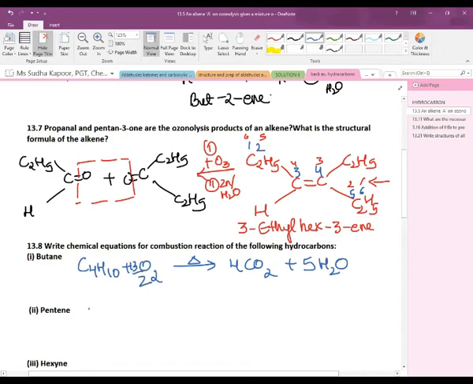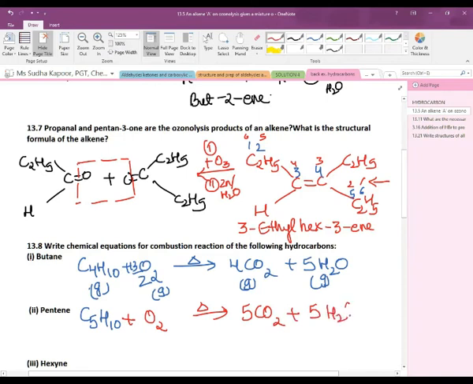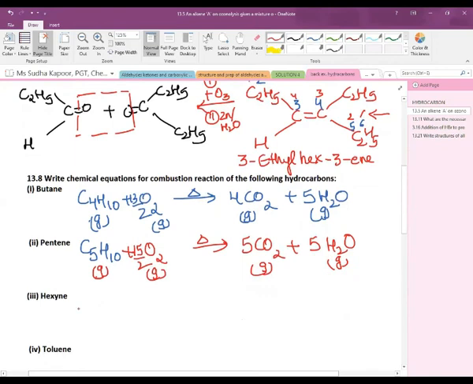Now in the case of pentene, pentene is C5H10. The butane is going to be a gas, O2 is a gas, CO2 is a gas, water is also a gas. So we have to write these things also. So C5H10 with oxygen, burning followed, will form 5 CO2 and 5 H2O, all in the gas form. This pentene is also a gas and this O2 is also a gas. So we have to balance: 10 oxygen plus 5 oxygen, that is 15 by 2. The balancing is done for one standard part.